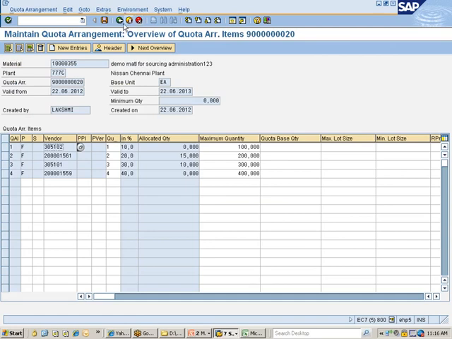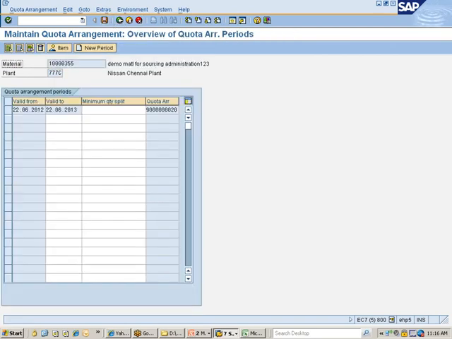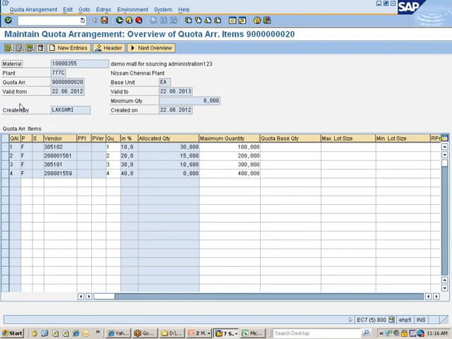Okay. Now let me just go back once again, refresh this. Not sure if somebody is changing something in the standard settings. So here you see the 30 quantity, because I've raised the requisition for Radhika. So 30 got updated in this one. So if I now go and create a requisition,